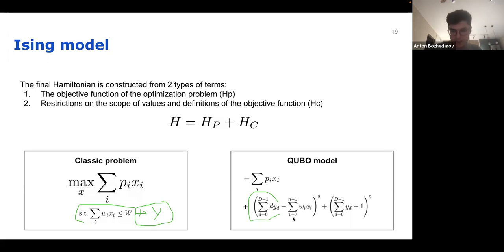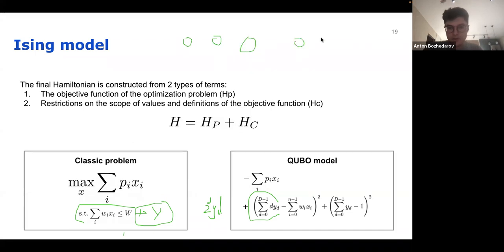I think that it may be confusing from my description, because in practice we use binary representation in this way, 2 to the power of d times y_d. That is what we use in practice. But here you can see one hot encoding. It guarantees that we have a bit string. For example, it's better to draw here. We have several bit strings here.